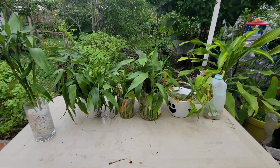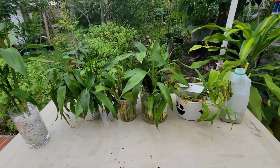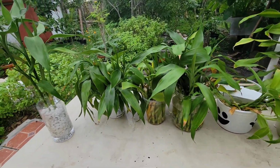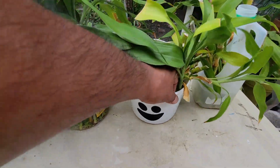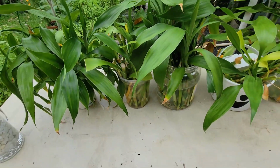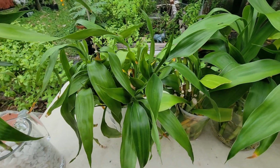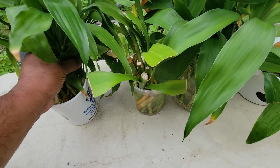Okay guys, so it's been about a month and a week, and we're going to go ahead and check the roots on our lucky bamboo. The only thing I did here was I changed this part out for another one, and that's pretty much it. I've been changing the water once a week or whenever it looks like it's getting muggy. But let's go ahead and check the roots on this set of 100 lucky bamboos